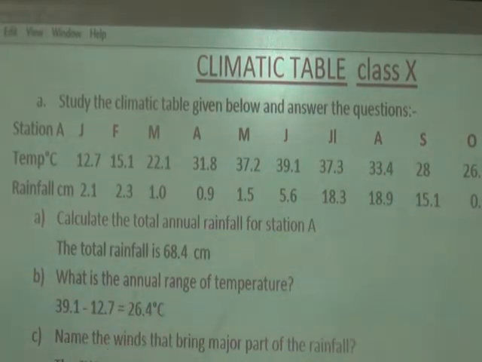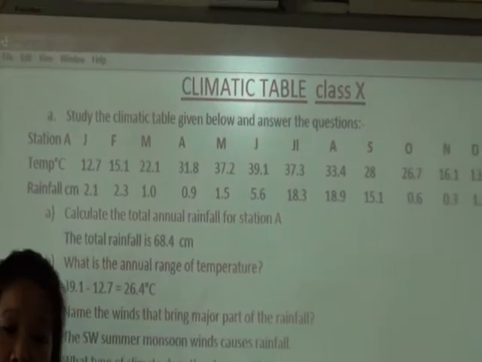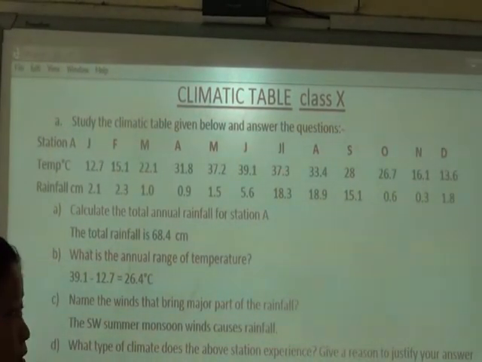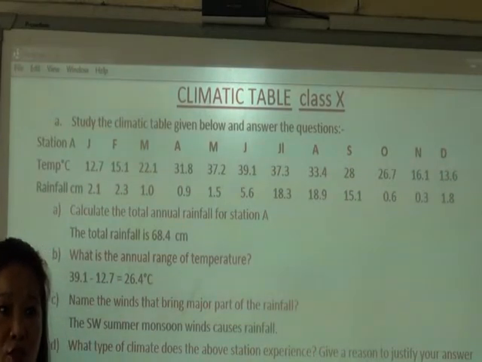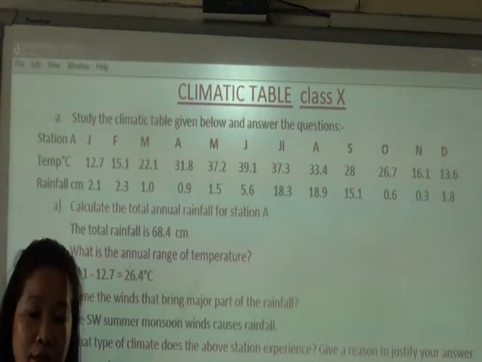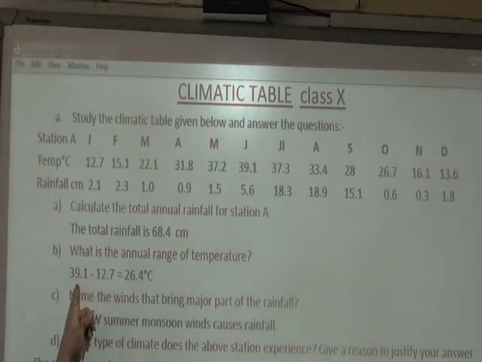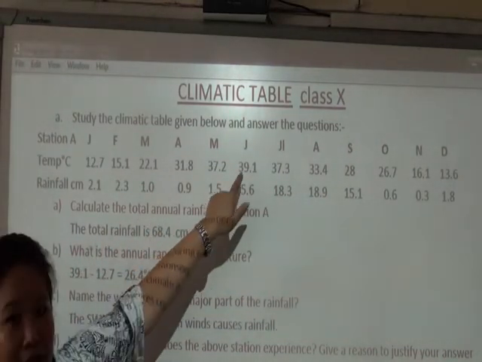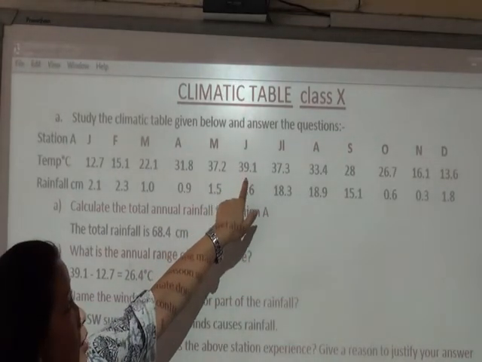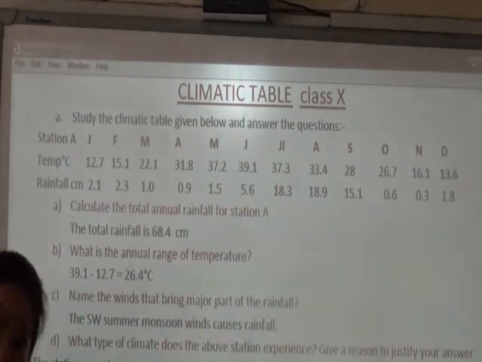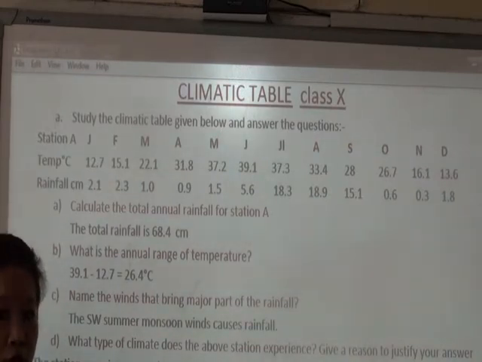Now, what is the annual range of temperature? Remember, range means difference. So here you have to subtract the lowest from the highest. This particular table is for India. As you know, the summer months are normally May, June, July. Winter is normally December, January and February. You have to look at the table and see which is the highest figure. Over here it is 39.1. But it could be 39.1, 39.4. What will you take? 39.4, the higher one, the decimal point you have to take into consideration.